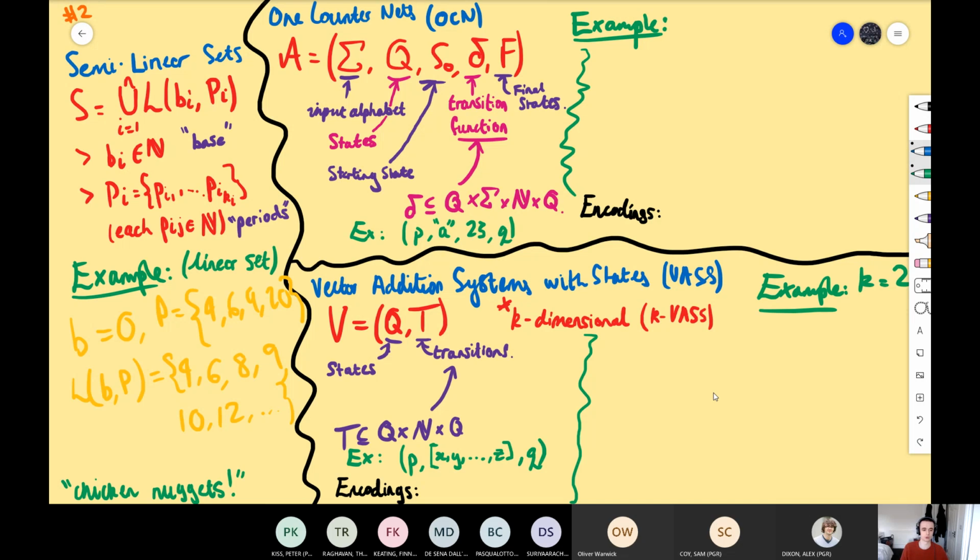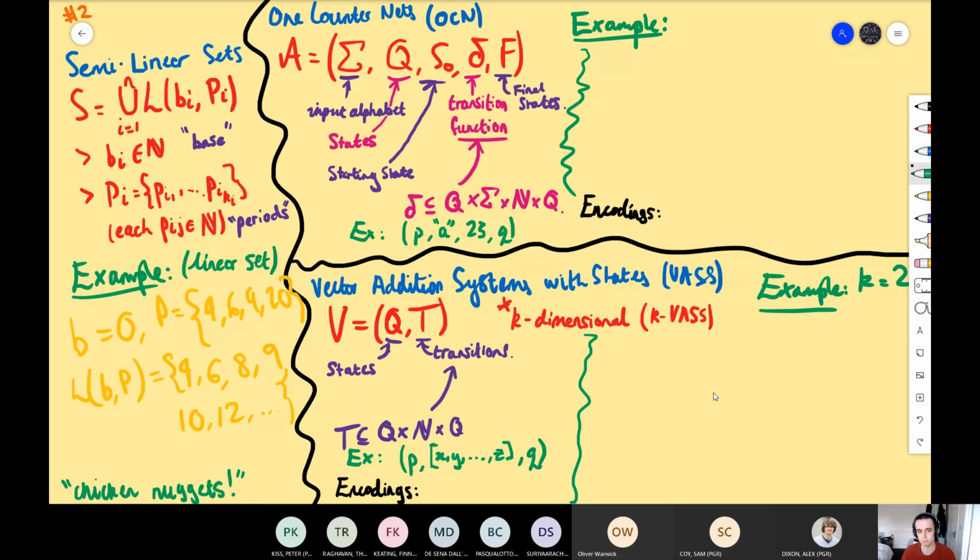There are drawings that represent what these look like and feel like, but it would take too long, so I skipped over it. I hope this makes sense. And the base vector would be, in the chicken nugget world, if you were given 10 chicken nuggets for free and someone made you eat them, then the only combinations you can get are 10 plus all of these. So 14, 16, 18, 19, 20, 22, etc. Just as an example. Okay, let's move on to counter nets.